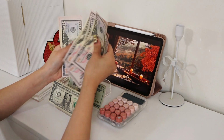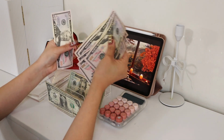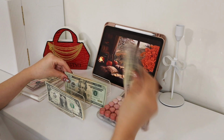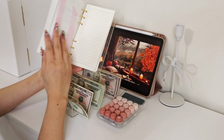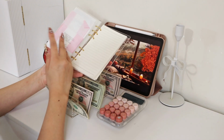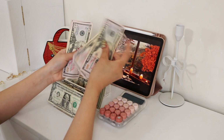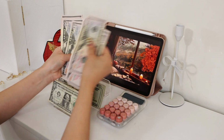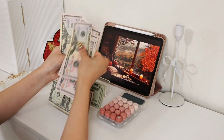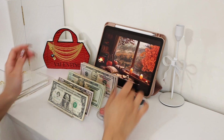200, 300, 500, 600, 700, 800, 850. I think I'm missing $50. No, I think this is everything. Okay, we check here. 100, 200, 300, 400, 500, 600, 700, 800. Okay, so we're good. So that was $800